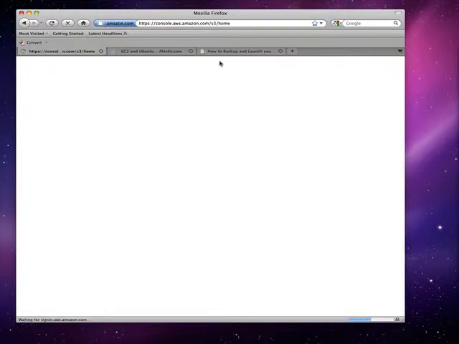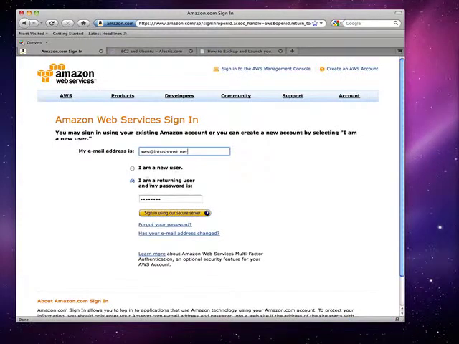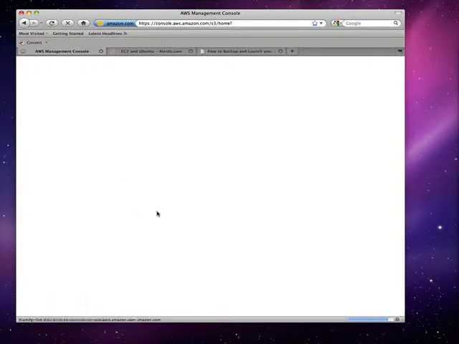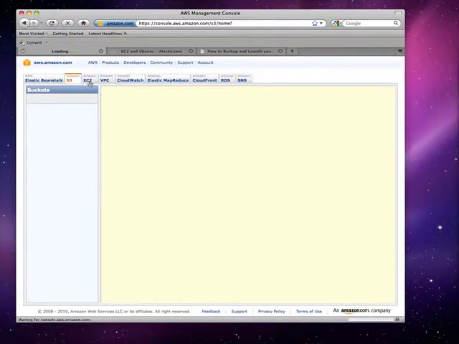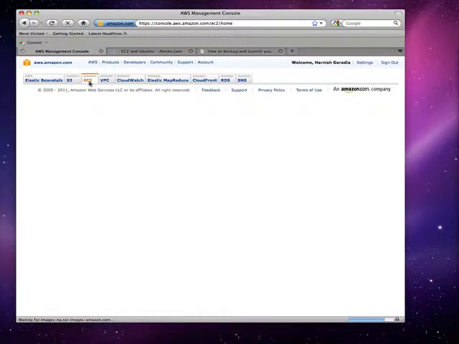So I'm going to sign into the AWS console. I'm going to go to the EC2 tab.